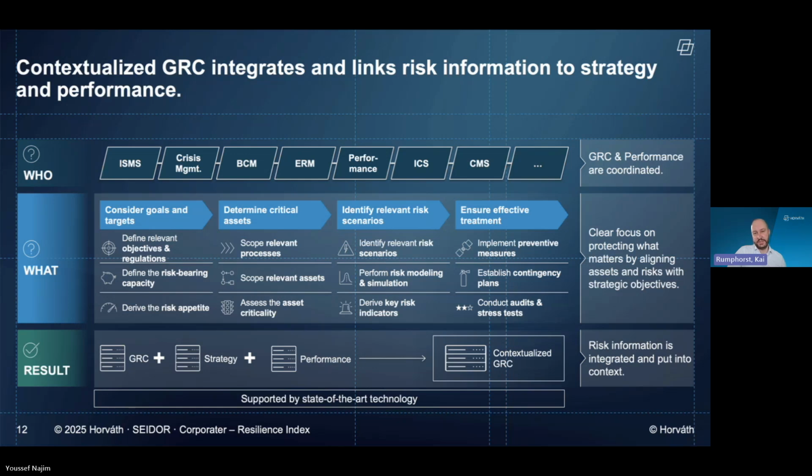You have the right risks on your radar, so that you can play with risk scenarios and do testing and simulation, and this enables you to know that you are always capable of managing and handling risks well. In the end result, you have the GRC as the connecting function, but you also have strategy, performance, and many data points that you need to integrate.